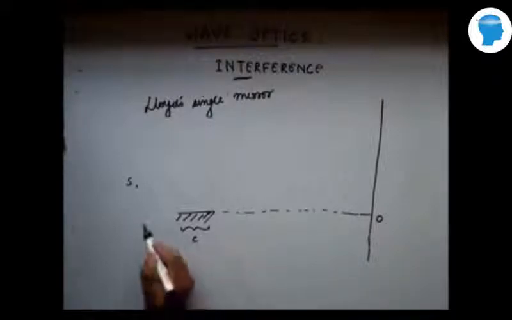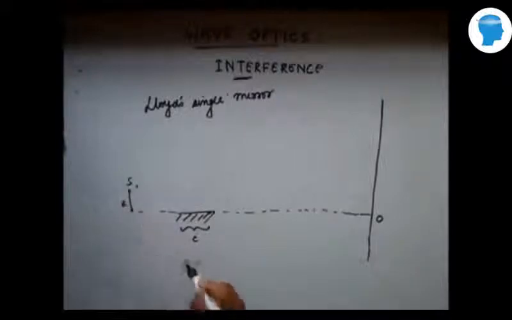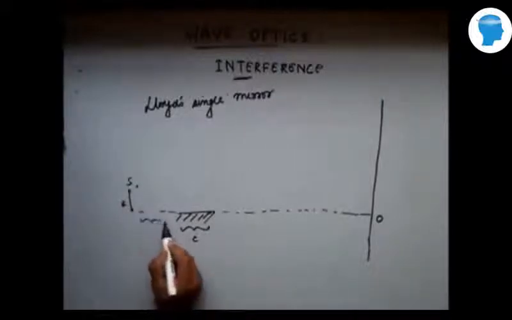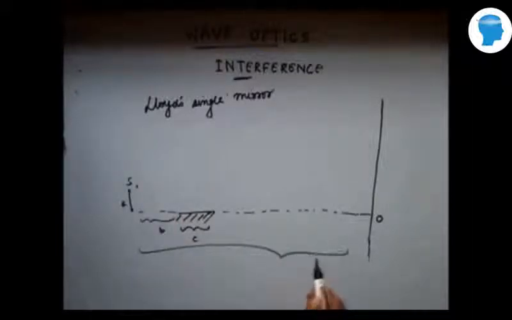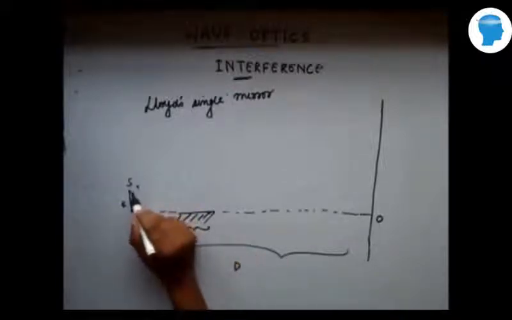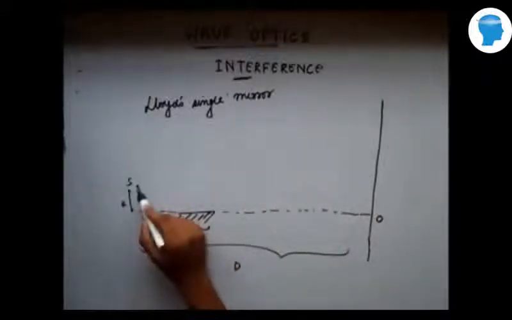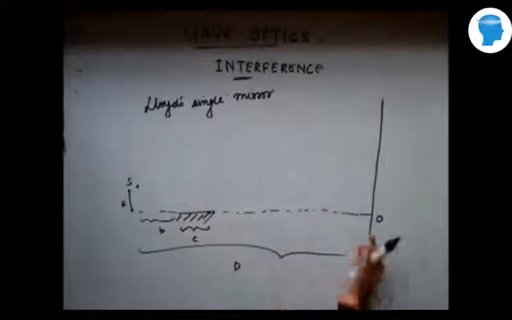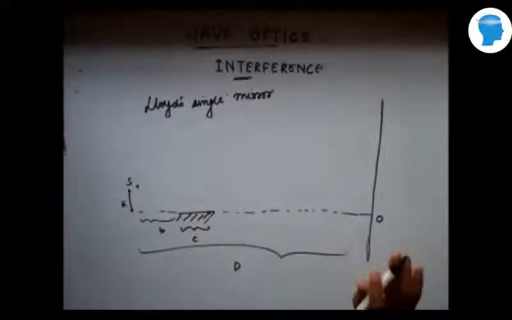The height of the source from this point is A, and the vertical distance of the source from the mirror is B, and this distance is capital T. Now what happens here is that since this is a source, this emits light waves in all directions. So from this source directly all the light waves reach the whole of the screen, right? So this is a single source.